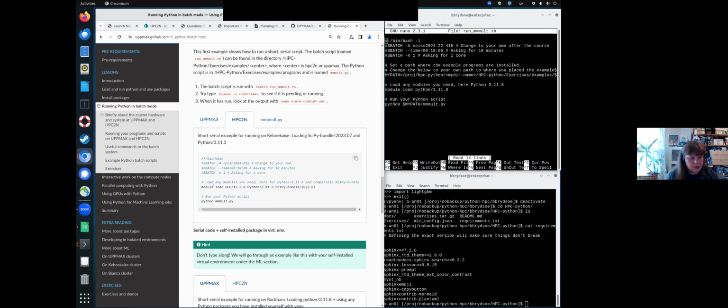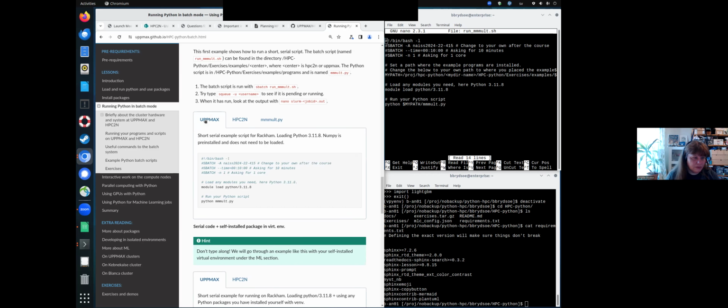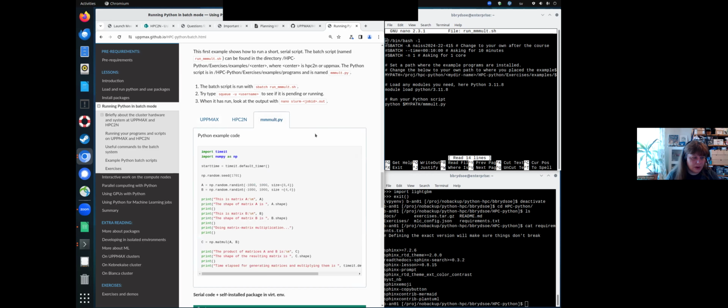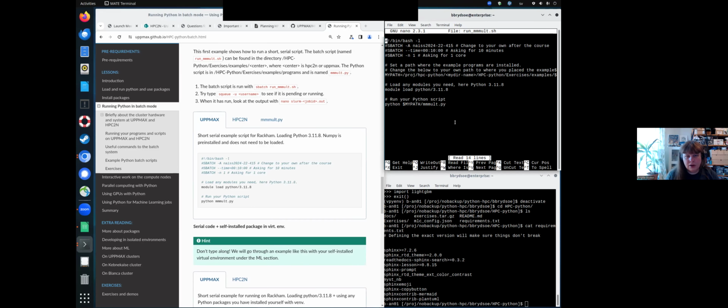And the only difference here is, of course, the project ID, which will be different depending on what project ID you have. And then the modules, which are different. And this is the Python code. Okay. If you look at it here, the one that is in the exercise directory, you will find that there